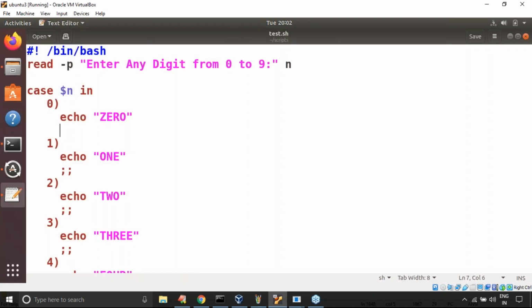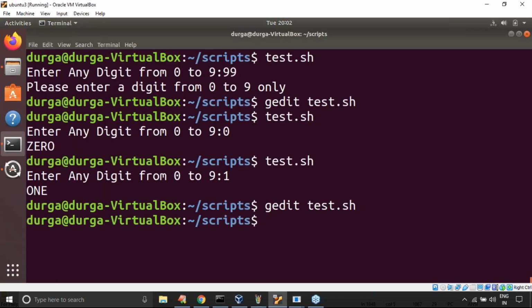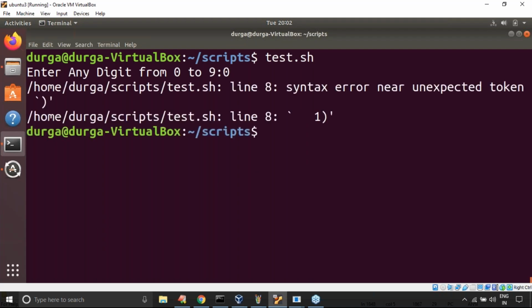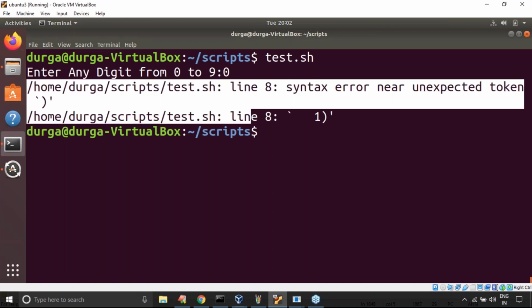Now observe what I'm trying. test.sh, enter a digit, 0. Are you seeing some issue? Syntax error near unexpected token. Something like that we are going to get.